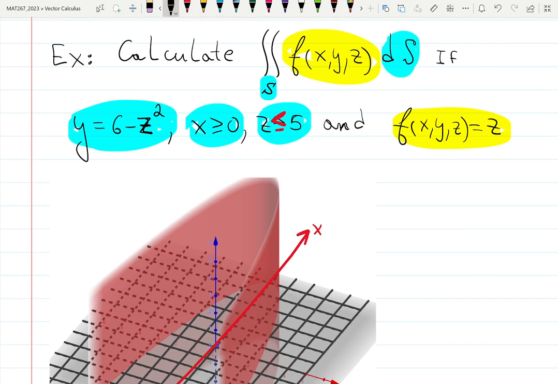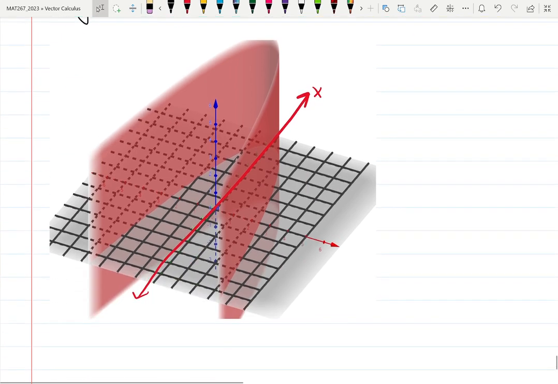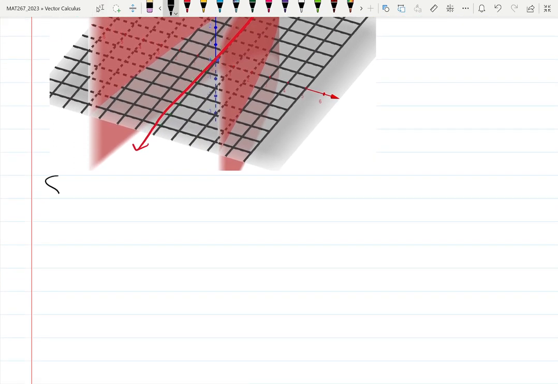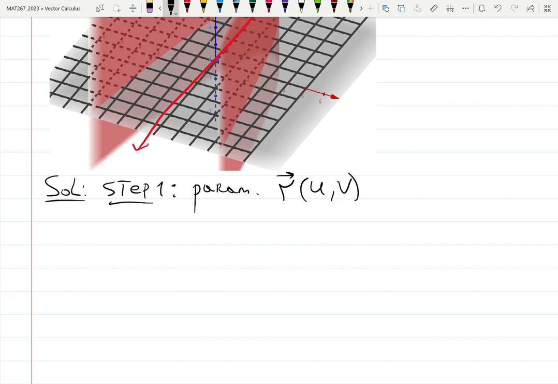Let's figure out the parameterization, and this is where people get stuck. I mean, no wonder, because it's a complicated topic. Solution. Step 1, we need to figure out the parameterization, right? Parameterization r, we're using u and v recently because we're working with surfaces. So I see y equals 6 minus z squared, right? Then why not make it simple and choose